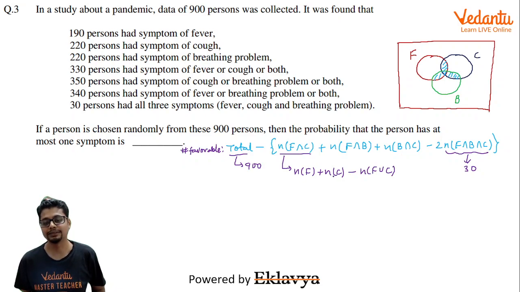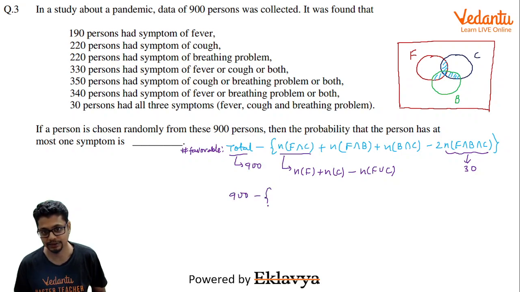Because n(F) plus n(C) minus n(F union C) would give you n(F intersection C). So based on similar understanding, it is 900 minus, you have n(F) is 190, n(C) is 220, and n(F union C) is 330, plus